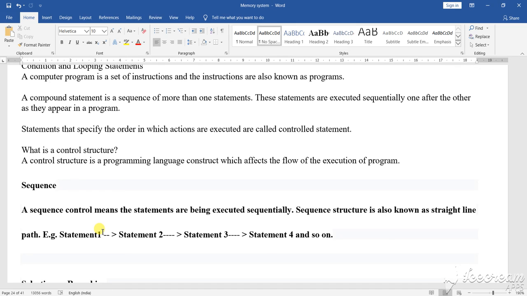Each instruction will make a compound of statements in a sequence, more than one statement, and those statements will execute sequentially, one after another. After that, different conditions will be placed, and based on these conditions your work will be